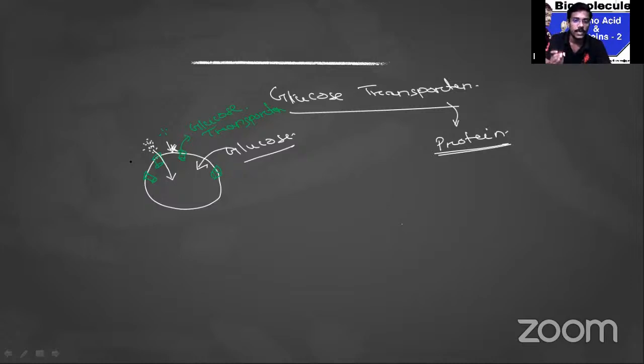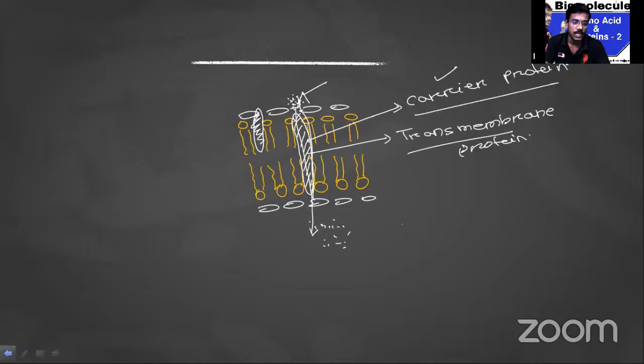And we all know that we always require glucose for the generation of energy. For the generation of energy there is a requirement for glucose, and that glucose has to enter the cell through the transporter protein, that is the glucose transporter protein. Okay, so this is the function of the protein in the case of your cell.